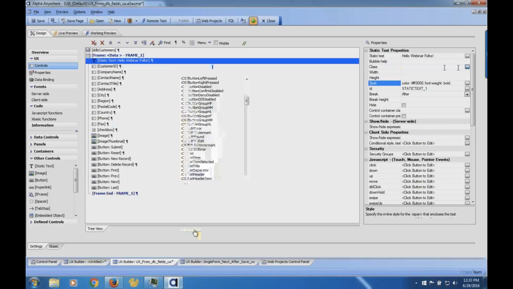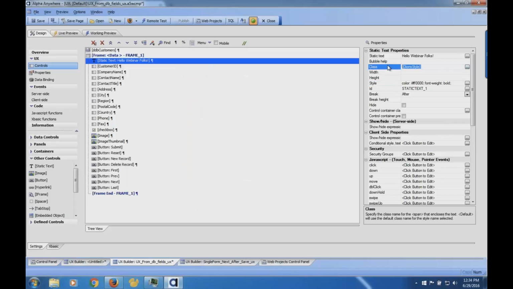The reason that's powerful is that if I go in here and say, let's call it Dean's style, now I can put that in there, and then I can copy that style and put it on anything else. And if I ever change that one style, all of those fields that use that class would then apply it.